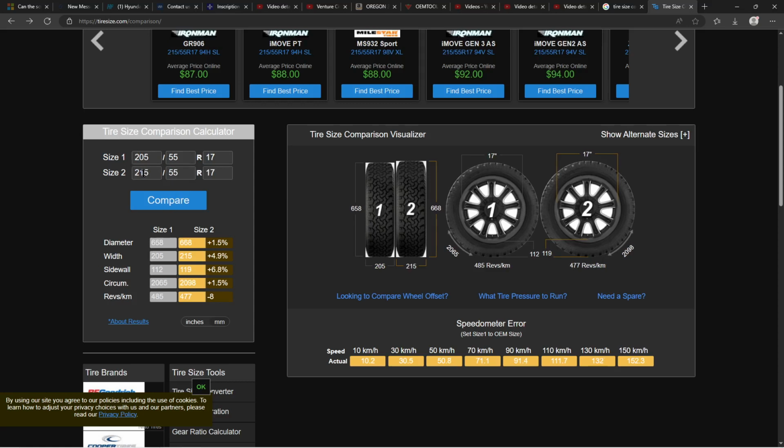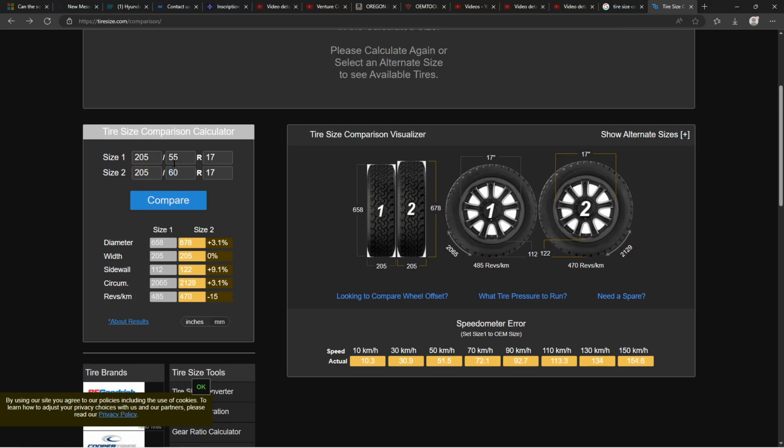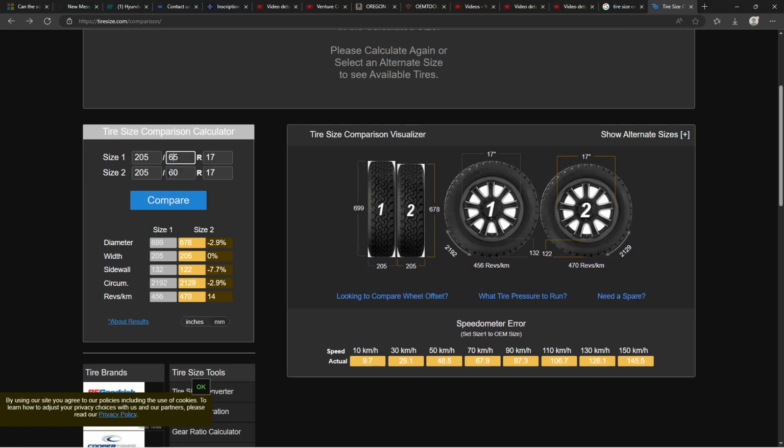Now you also can play with these numbers, but again only by an amount of 5 this time. So from 55 to maybe 60, it should be okay. From 65 to 60, or from 60 to 65, it should be okay. But try to change only either this one by 5, or this one by 10, but not both of them.